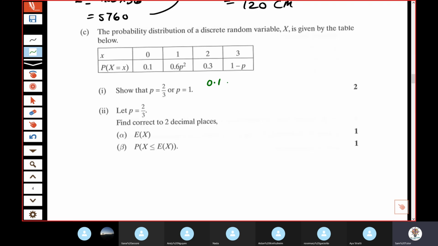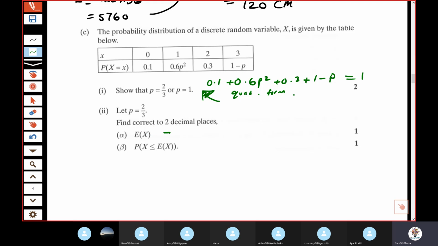We do 0.1 plus 0.6 P squared plus 0.3 plus 1 minus P. So the addition of the bottom must equal 1. And then I'm just going to write the quadratic formula, if you wanted to, and then you should end up with that. The question says, let P equal 2/3, find